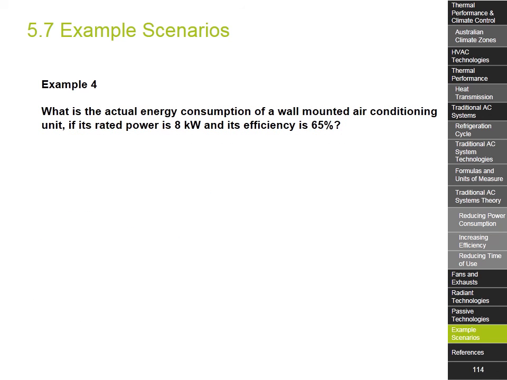Question number 4. What is the actual energy consumption of a wall-mounted air conditioning unit if its rated power is 8 kilowatts and its efficiency is 65%? The energy consumption will equal the rated power divided by efficiency, which is 8 kilowatts divided by 0.65, which equals